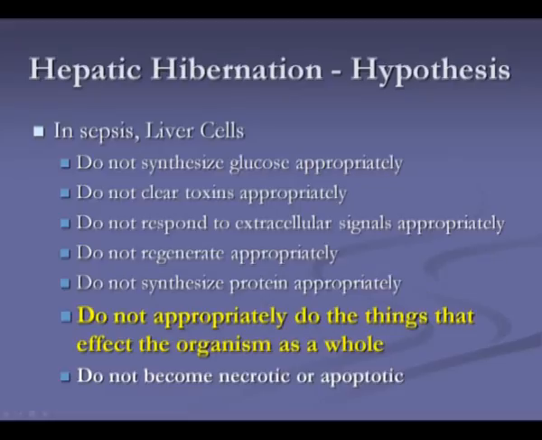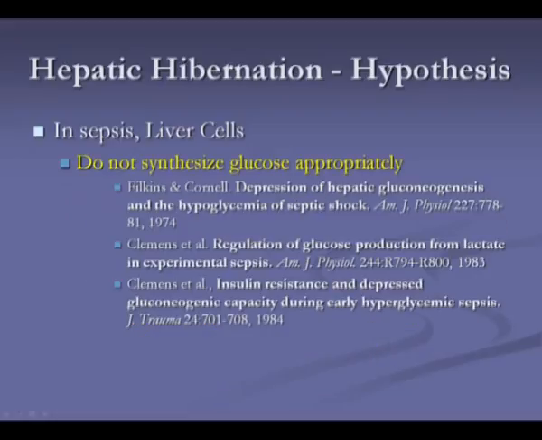So, in sepsis, liver cells do not synthesize glucose appropriately, do not clear toxins appropriately, do not respond to extracellular signals appropriately, do not regenerate appropriately, do not synthesize protein appropriately, do not appropriately do the things that affect the organism as a whole, but don't become necrotic or apoptotic. So let's look at each of these in turn. Well, there's a vast literature on gluconeogenesis and sepsis going back to 1974. It's pretty clear that gluconeogenesis, certainly based on substrate availability, is impaired, despite the fact that the animals may be